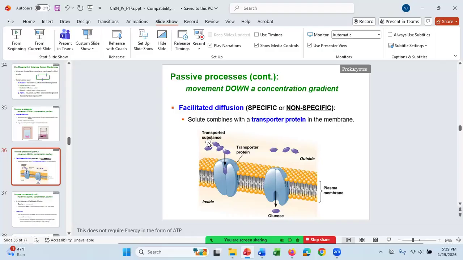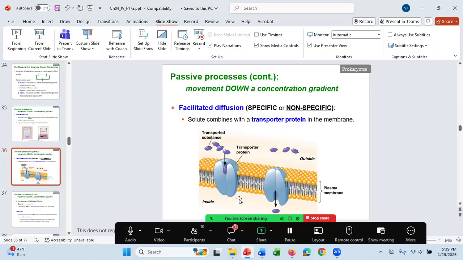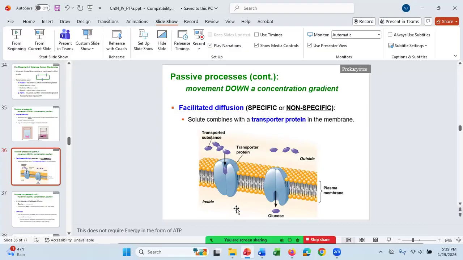So when you're eating fruit and you have a lot of fructose in your gut, it will move into your intestinal cells, the cells lining the intestines, by facilitated diffusion. That means once the concentration of the fructose outside the cell equals the concentration of fructose inside the cell, there will be no net movement of fructose into the cell. So fructose will never be fully digested. Any question about any of that?